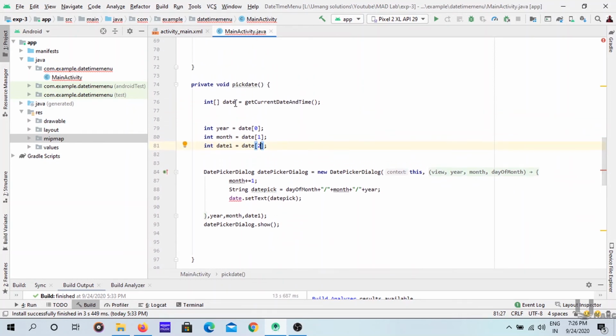Here let's give it as a date 1 because these two are overlapping. Date 1, date 1.